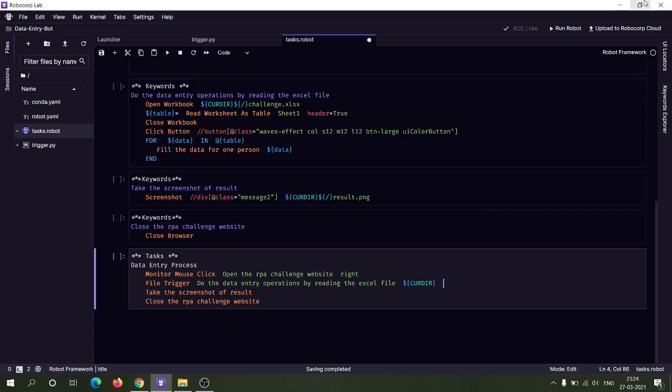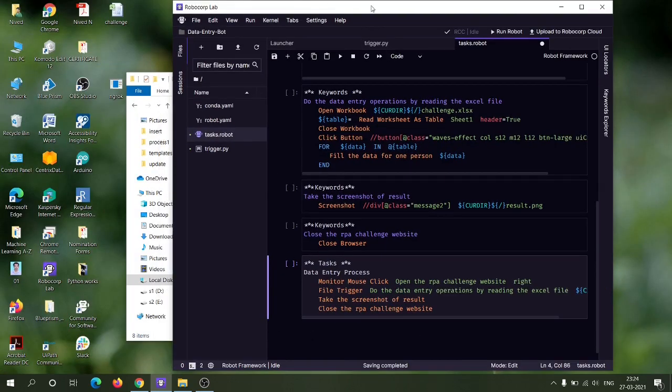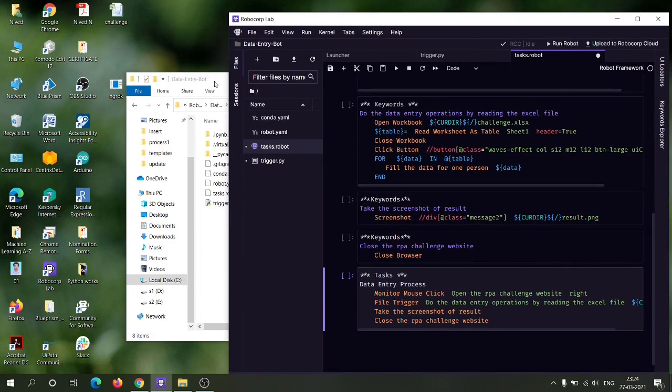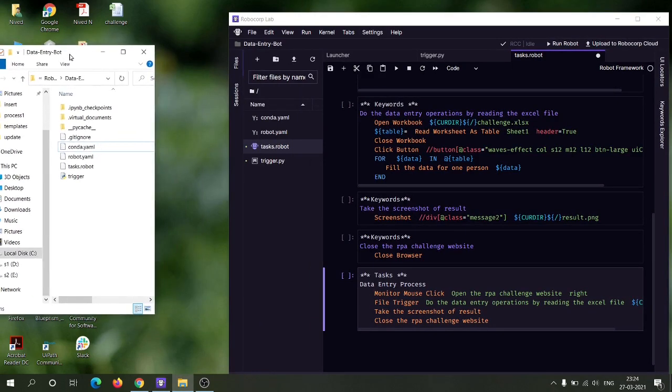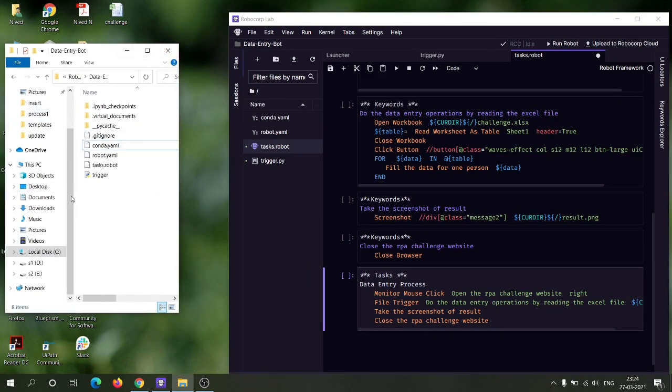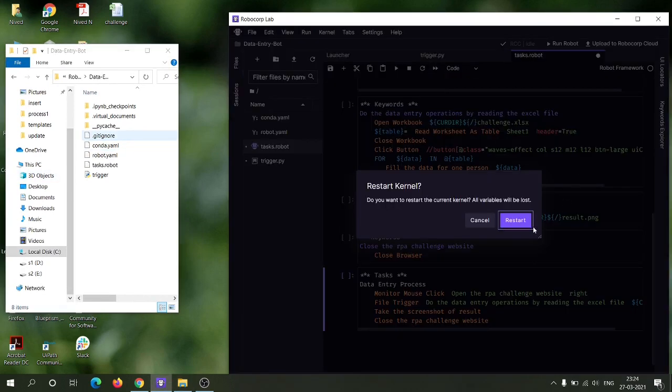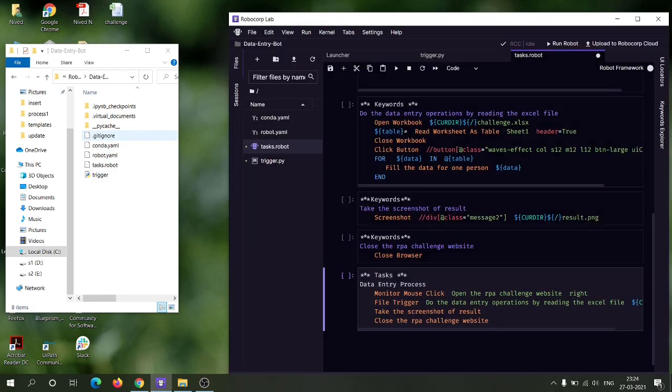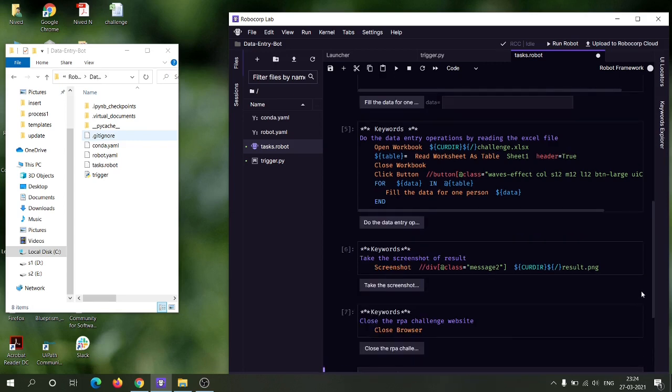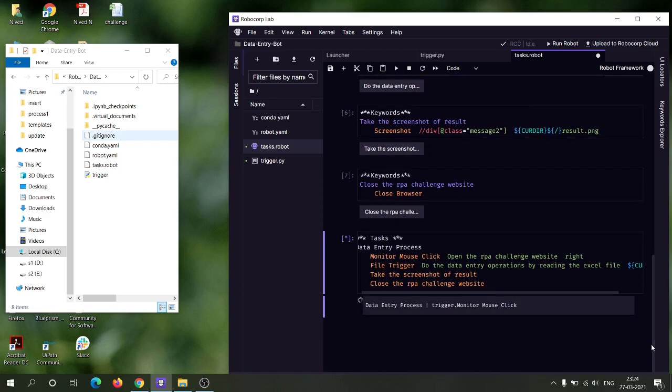So let me just minimize this and see the process. Okay, so this is the current directory, and now we can just run this process to see whether it works or not. Now you can see that our process started running.